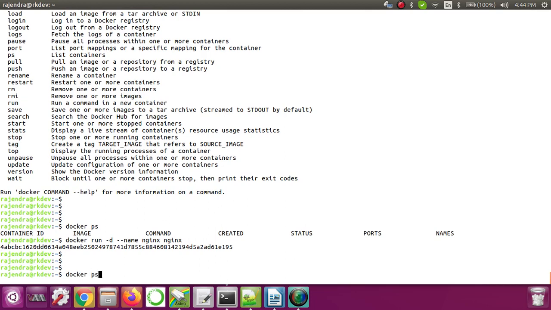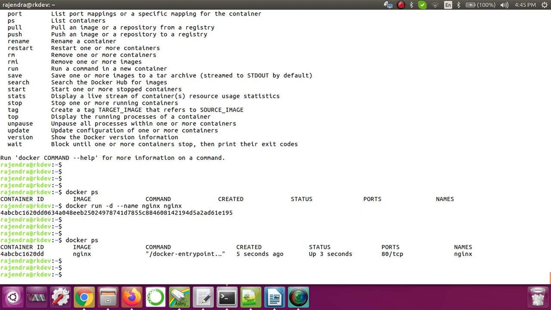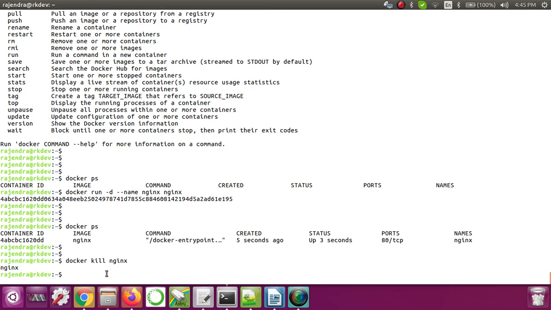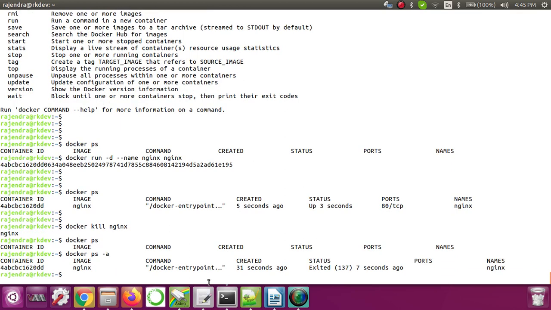If you see docker ps, the container is running, it just started 3 seconds ago, and the name is nginx, which is what we have given. Now the container is running. If you want to kill this running container, then docker kill and give that container name. You can see that the container got killed. If I do docker ps -a, you can see that one container has exited.